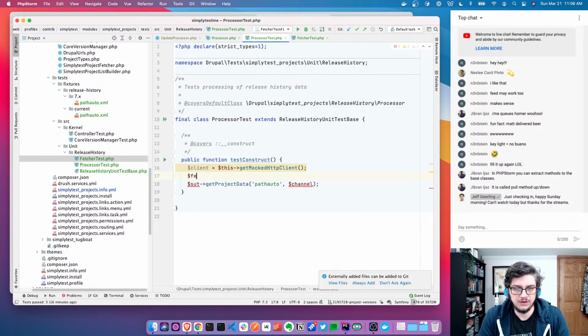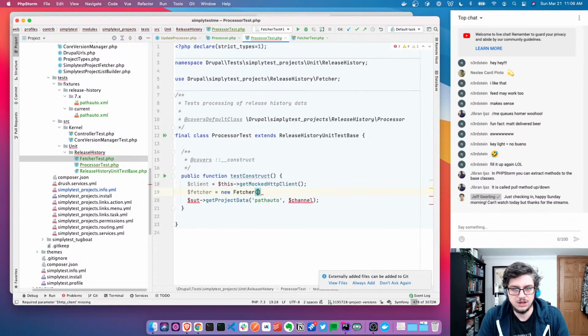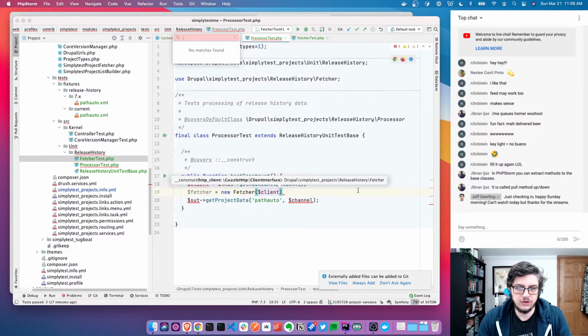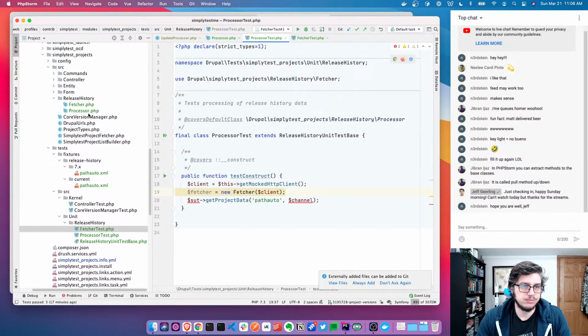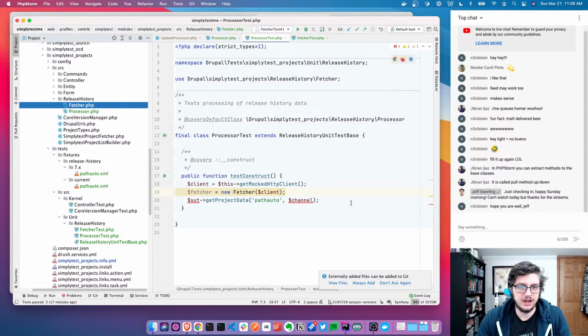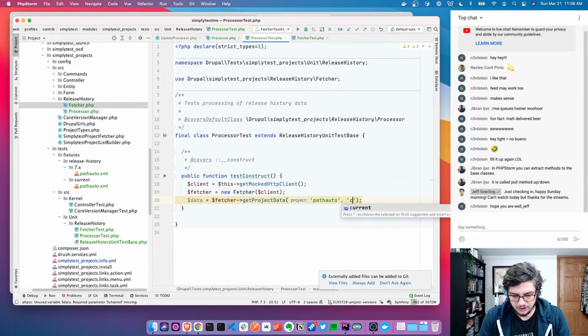So we need a fetcher equals new fetcher client. And just so you know, eventually both these classes will be defined as services once we get there. So we've got data equals that. We'll start with the current